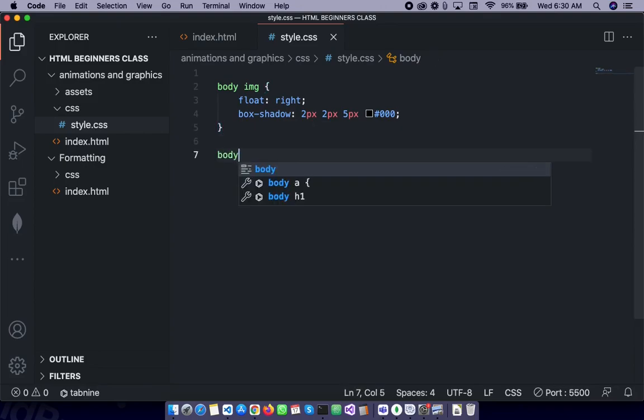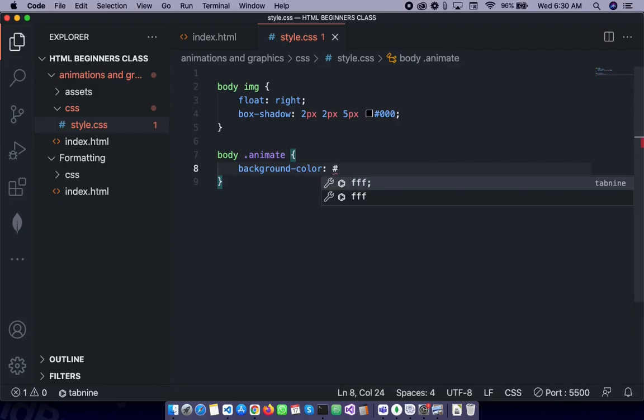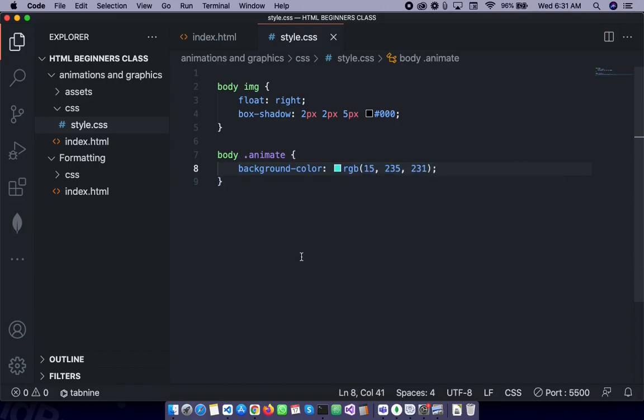So go to body dot animate. So we'll give it a background color of f4f4f4. Okay, let's just have dd, then we'll change this from this place. Okay, so let's give it this background color. Yeah, and then